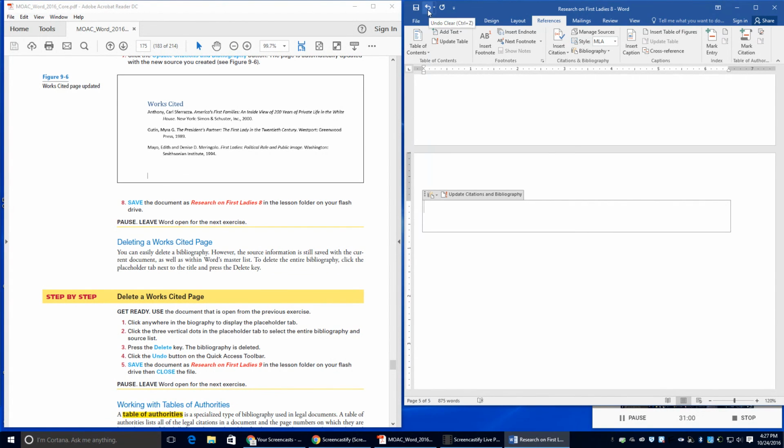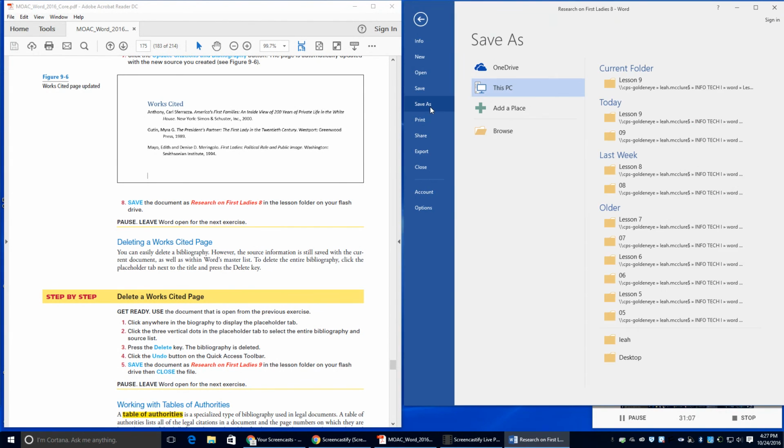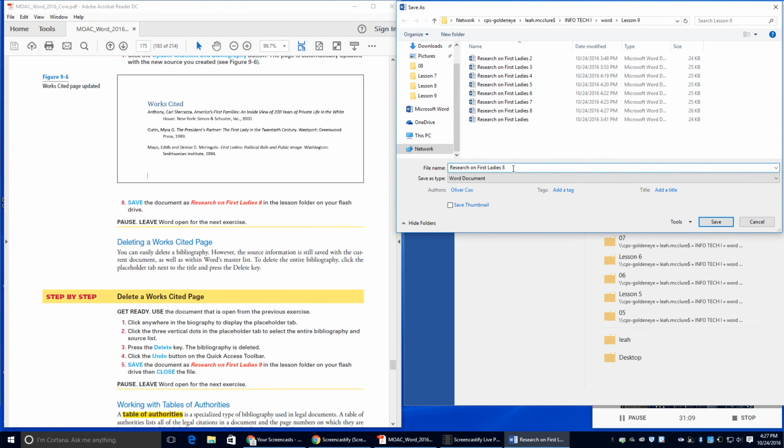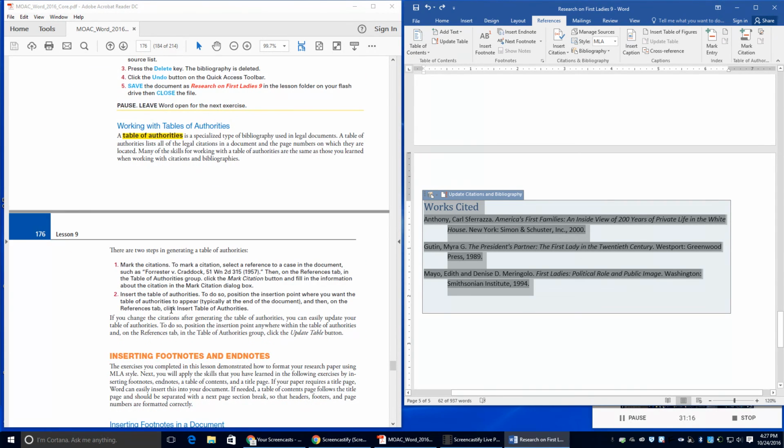Okay. If I click the undo button, it'll show back up. Okay. And we're going to save this document as Research on First Ladies 9. Save. Okay. Next, we're going to work with tables of authorities. Okay, a table